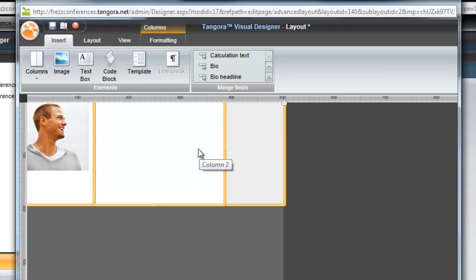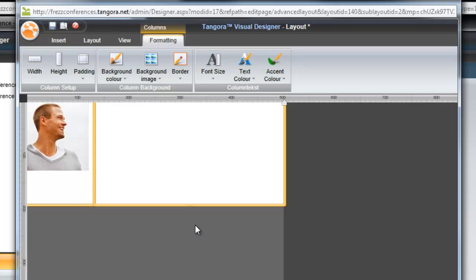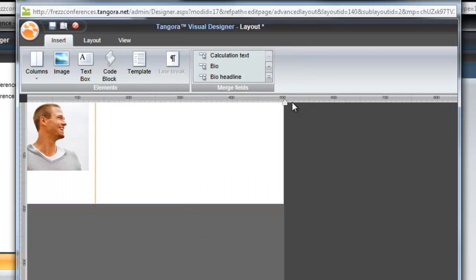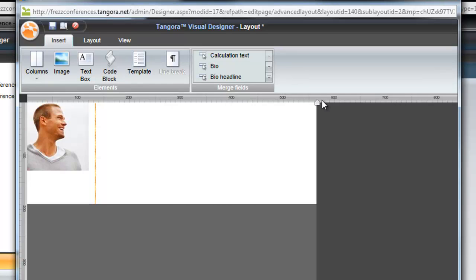So what we'll do is I'll select that half of the column set, and then I'll go to Columns Formatting, Width, and choose 100%. Now if I drag this slider to preview how this will appear in the various widths, you could see the effect that we've achieved here. There's no variable width in the final result because our site design has a fixed width. So what this in effect means is that the width of the right-hand column will just be set automatically.